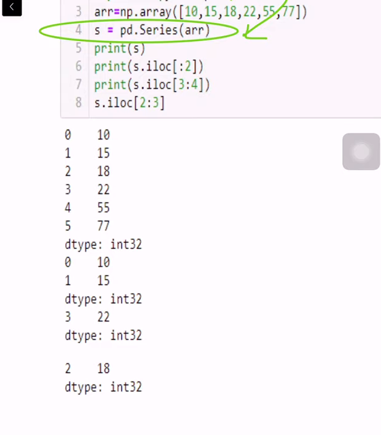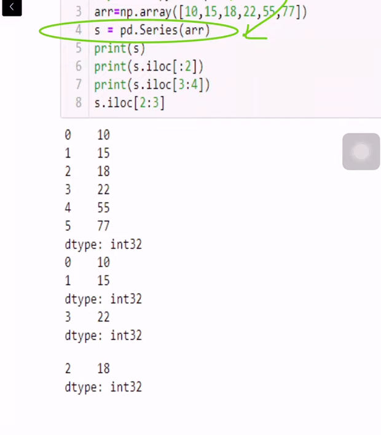In iloc you can give only index values, but in loc you can give the index or any other non-numeric index that is provided. Yesterday we did an example in which the index was some string value, some names, or first, second, third, fourth and fifth. Those are names, those are strings. Strings can only be used in loc. iloc cannot include strings. In iloc you can only write the index position.